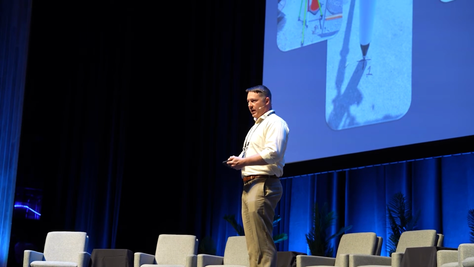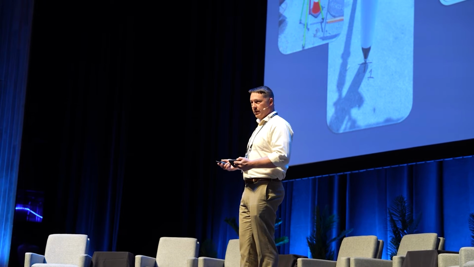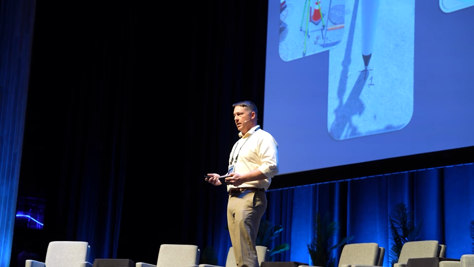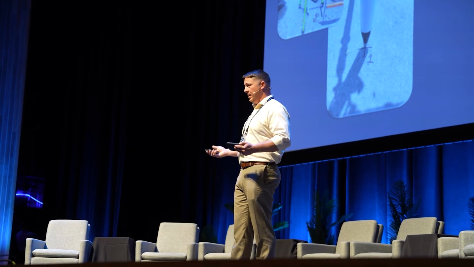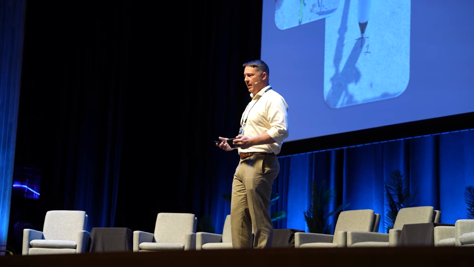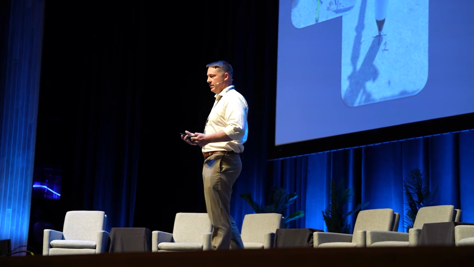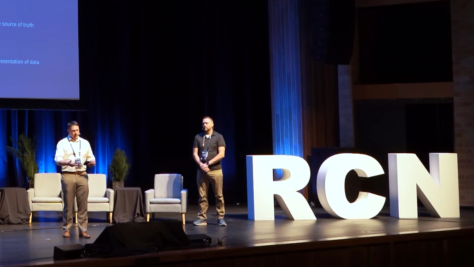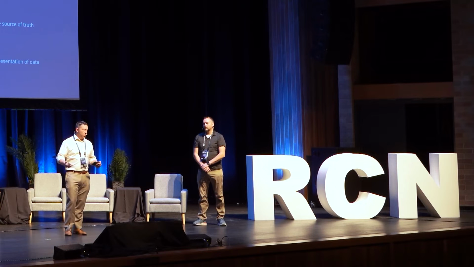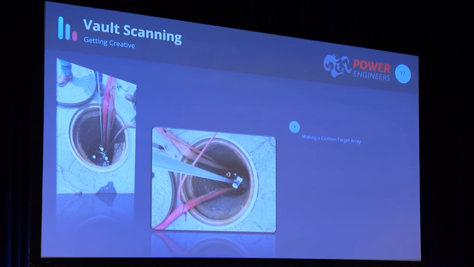There was some worry about the VIS system. If anyone's in tune with Leica, sometimes the VIS system on the RTC 360 can be a little bit unreliable. In this case, it ended up working, which was a big help for us. But we needed this backup plan because the client was spending good money for us to be there, and we wanted to ensure that we could get the job done and not have to go back. So you can see there, we've got the tripod with the spherical targets down in the manhole.